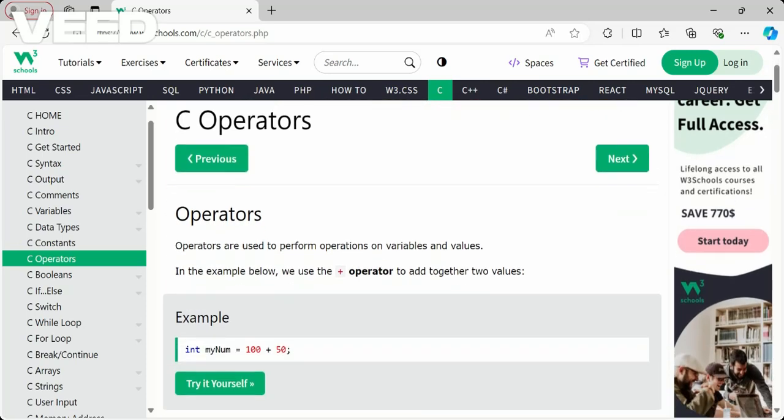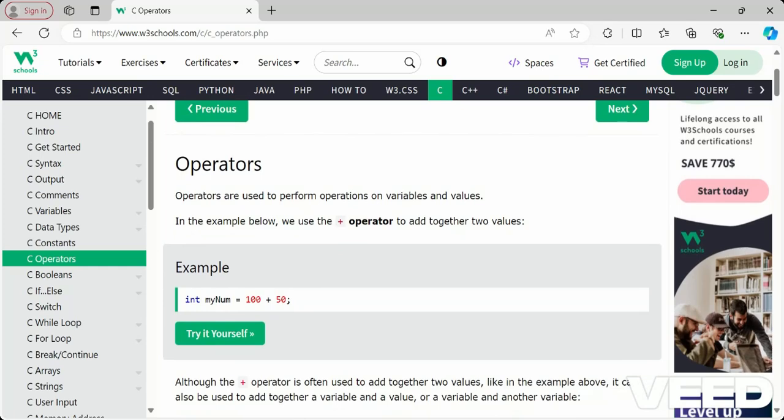Operators basically perform operations on variables and values. We have seen variables storing some data, and to perform operations on those variables, like numbers addition, we have seen examples, division we have seen while dealing with type conversion.